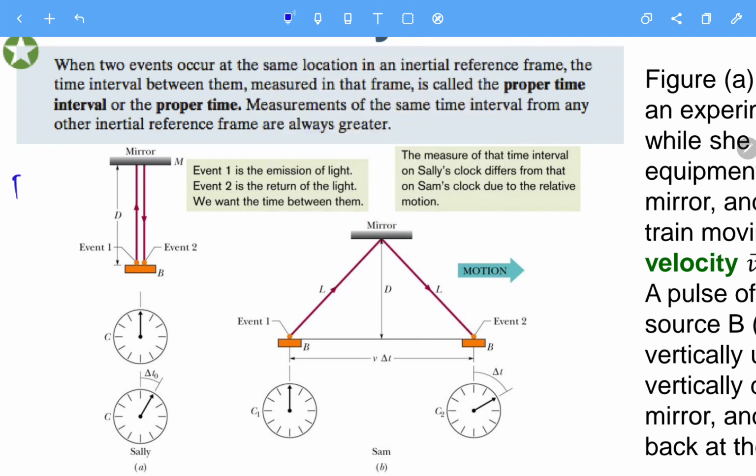D equals c delta t0 over 2, because it takes time to travel 2d, 1d and another d. So 2d over c, a distance over the speed of light, will be the proper time. So we have delta t0 equals 2d over c. So we have d equals this one. And also for this one, here we have